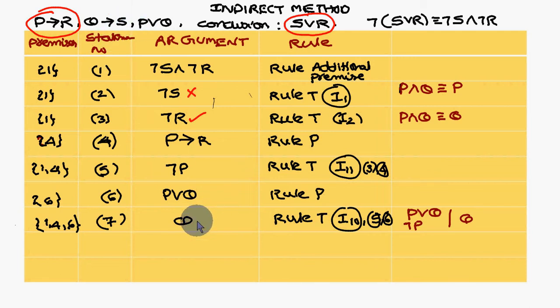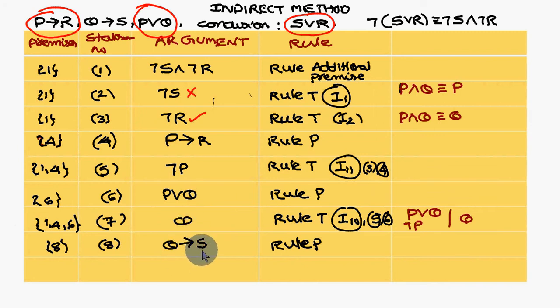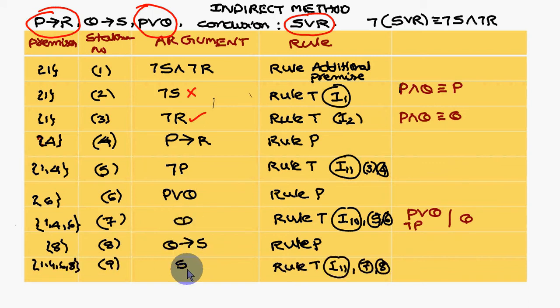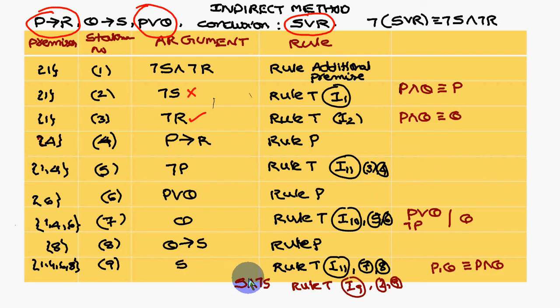You have come across Q conditional S. If you look at these statements 7 and 8, P conditional Q and P gives Q by I11, so Q and Q get cancelled and you are left with S. I11, with statements 7 and 8 combined. The 9th statement is S. Still the second statement, not S, I didn't use at all. So you combine these two statements, S and not S. S and not S means it is false. That means you are getting a contradiction.